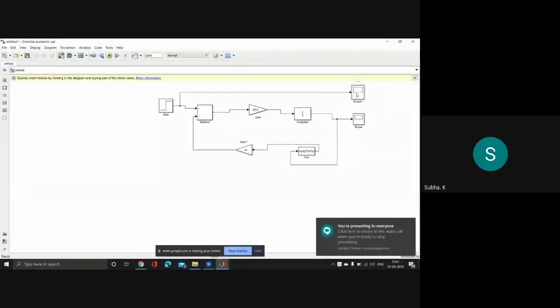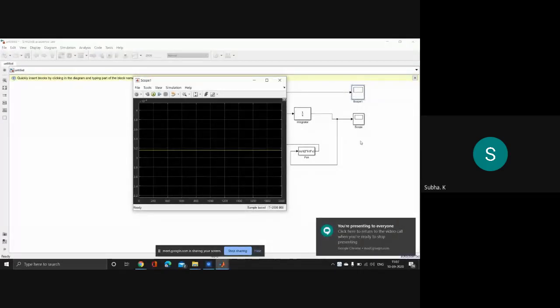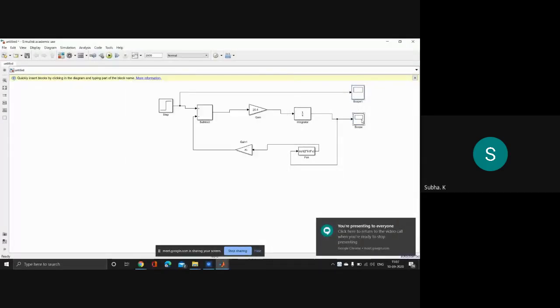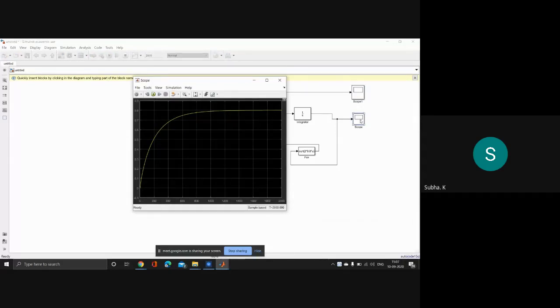Come on, only 20 more minutes are there. In case you are having any doubts, now is the time to sort it out. Only 4 more days I will give you to complete this experiment. Ajay is having some doubt. You got the output or otherwise? Okay, those who got the output, no problem. In case you are having any doubts, you present. Let me sort out the problem. The rest who finished, you try out the next block diagram also.